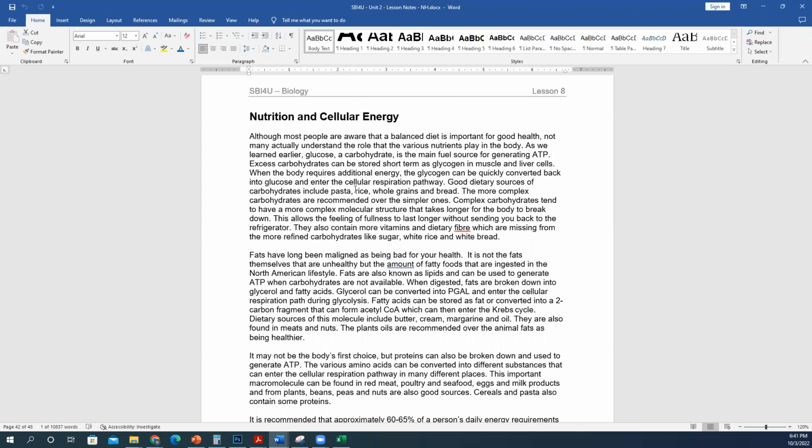We can flip back to our glycolysis reaction pathway and see where PGAL enters. So the glycerol from fats gets converted to PGAL and enters glycolysis, and then the fatty acids get stored as fat, or they get converted to a 2-carbon fragment